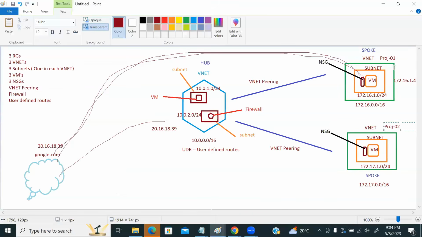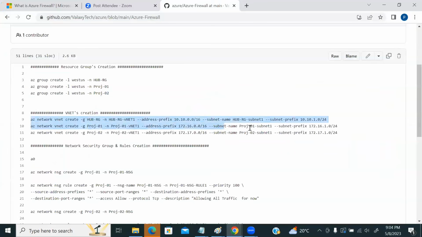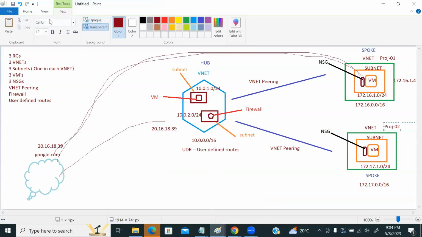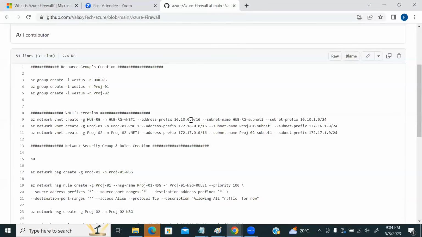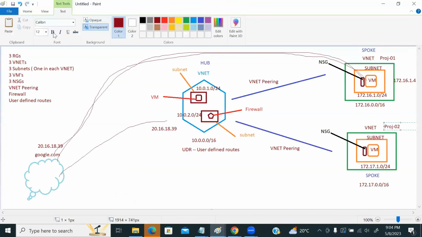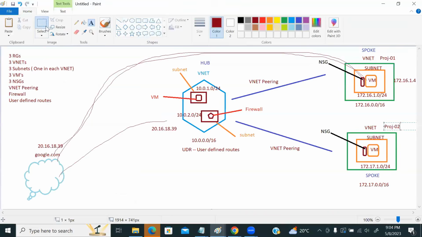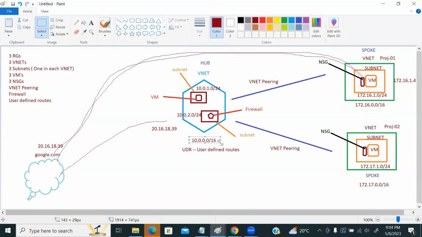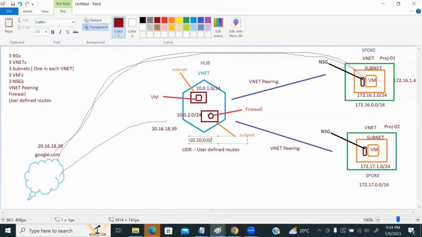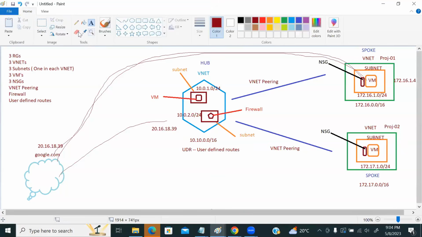So this VNet we are going to create, and one subnet is going to be created in the same command. We need only one VM, so one subnet is enough for that. And this is the prefix, whatever I mentioned here. I think here I provided 10.10. So then I'll change. At the time of executing, I'll make it 10 dot, or else I'll change it here itself. So I'll make it, not to confuse, 10.10.0.0/16. This is the VNet range, and